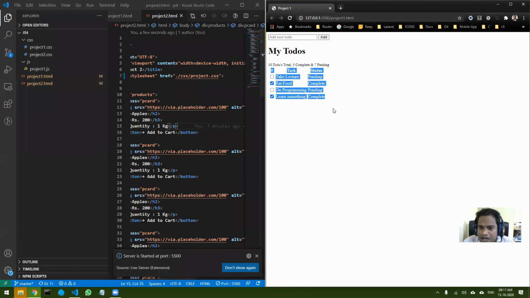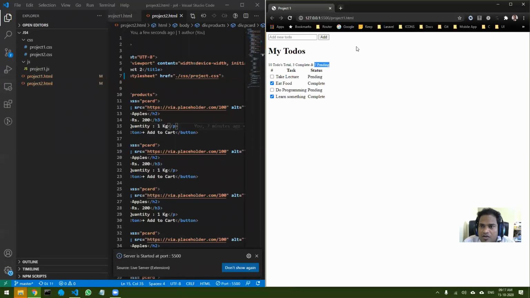If you add a new item, it should come at the end, and this data should be updated. So it is saying 10 to dos total, 3 complete, and 7 pending, right? And how to make it complete? You just have to click on the checkbox and it becomes complete.